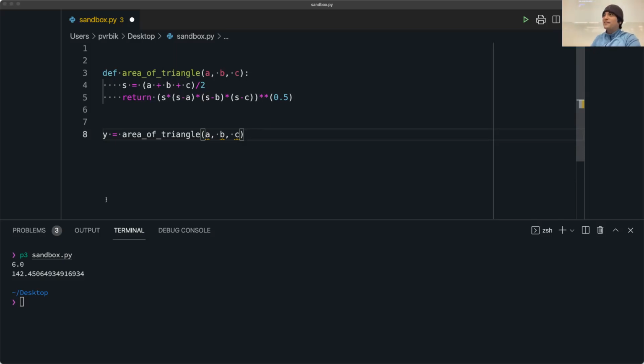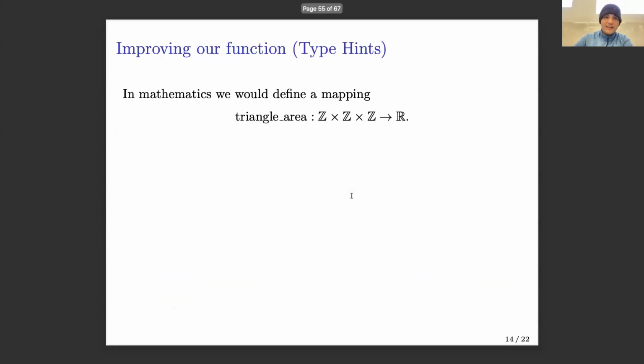I didn't call this F. I could have, but it's much better to call it area of a triangle, to make it more clear. We can write very lovely software with very English type of statements by just utilizing better names of functions and variables. Okay. There are ways to improve our functions using a feature of Python called type hinting.